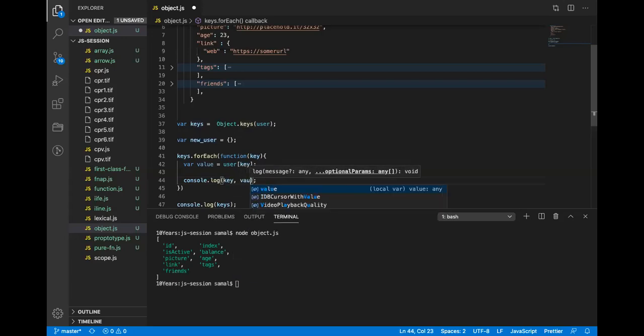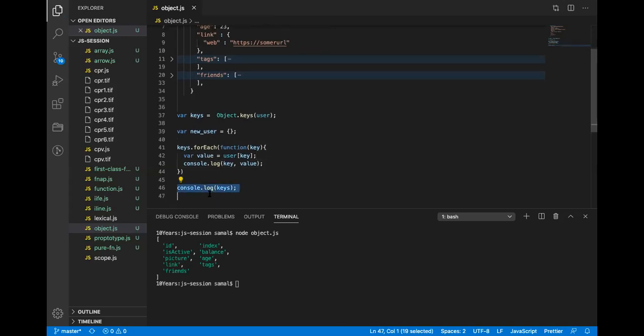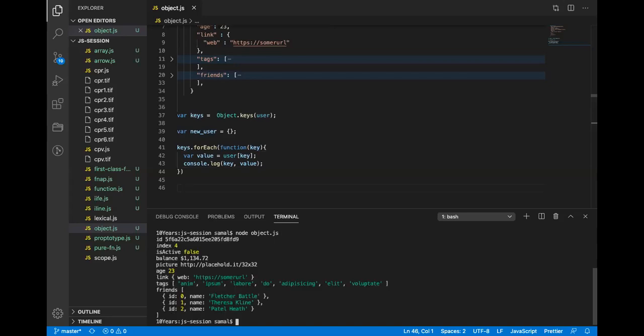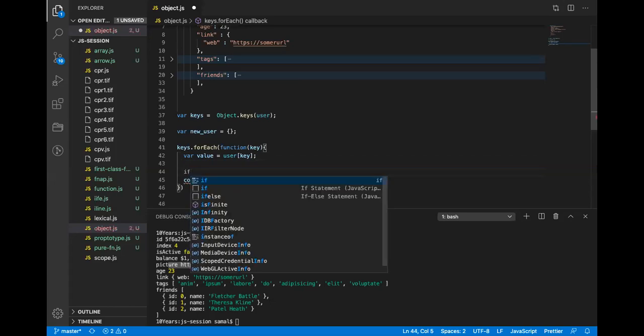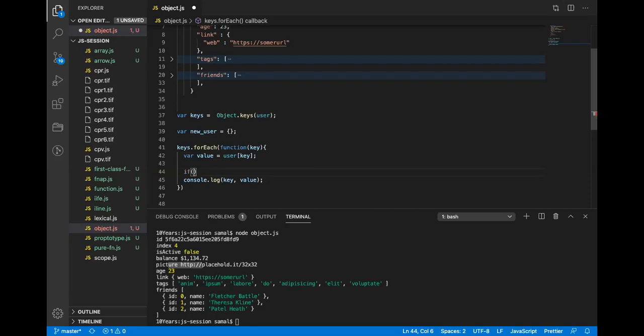I can just print key and values. You will see there's a key and a value, key and value, key and value. It printed all of them together. Now, I want to only get the values which are a primitive type. So if I do if typeof value is not equal to object,